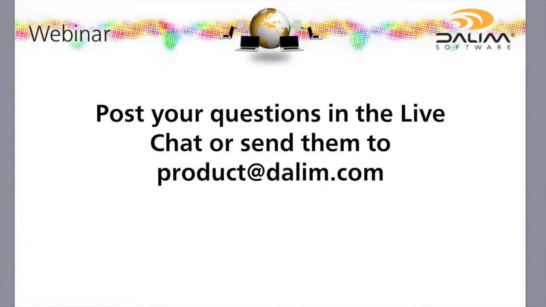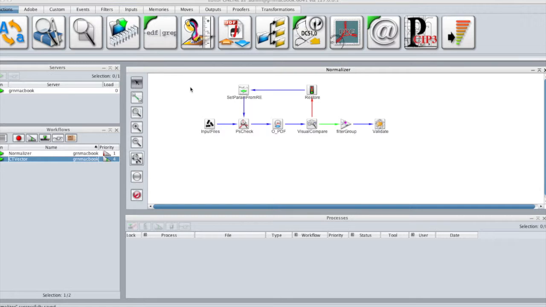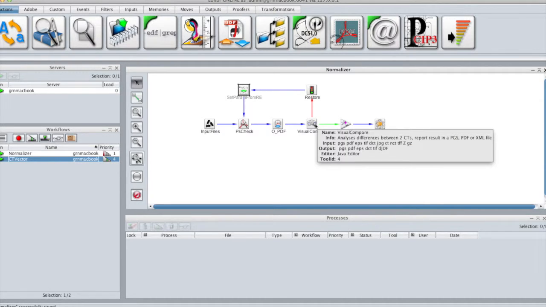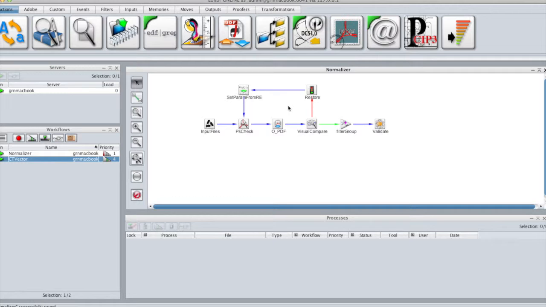But now let's open the Twist editor and have a look at the workflow. What you can see here is basically the workflow structure we recommend for the PDF color normalization in Twist 7. The first thing you might probably have noticed is the loop in the workflow. This is basically how we automatically check the quality of the result using the Visual Compare and then adjust the workflow settings if it detects some error.